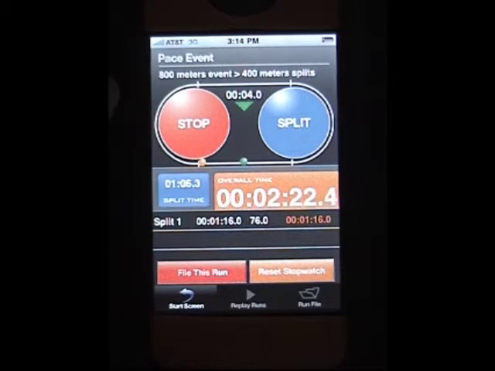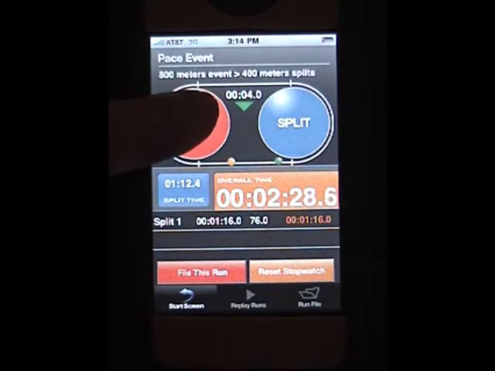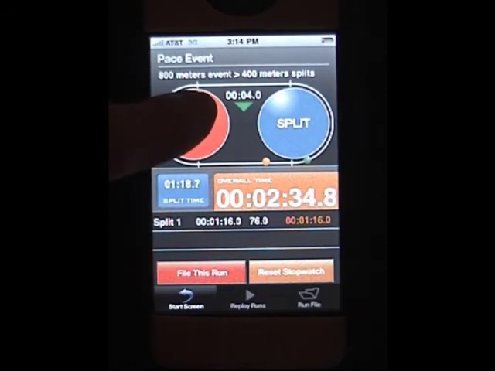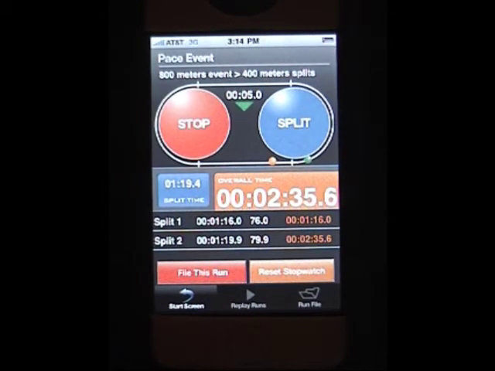So let's say that the runner slowed down a little bit and didn't make it in a 116. It was a little bit slower and comes across about right now. We stop it. We see that it's 235.6. So it's showing us that we're